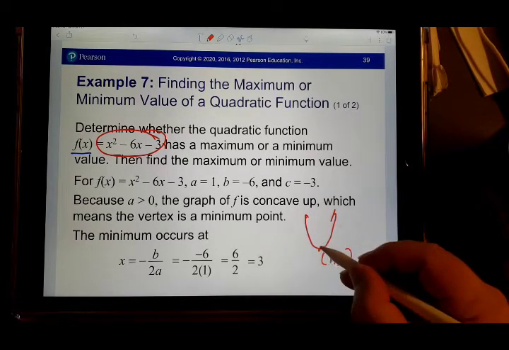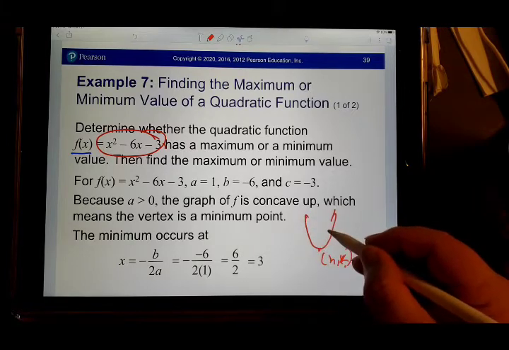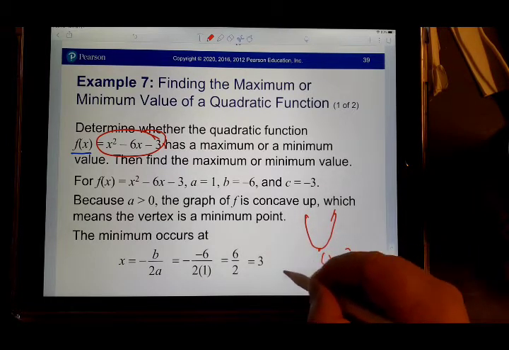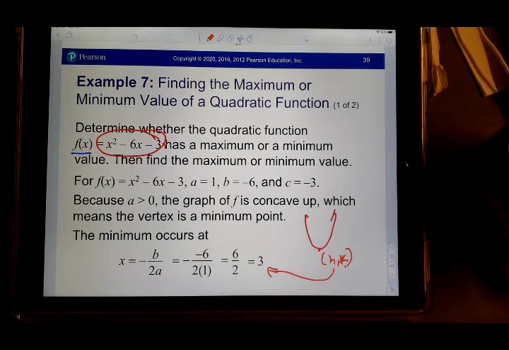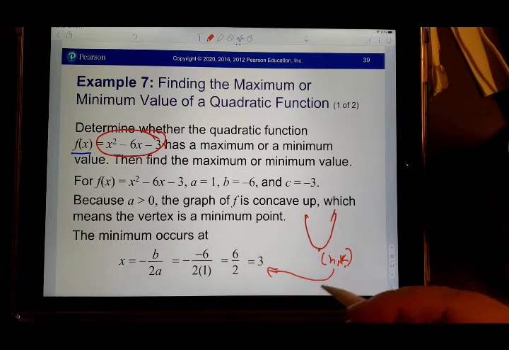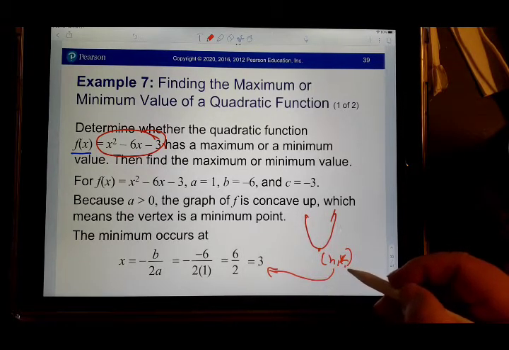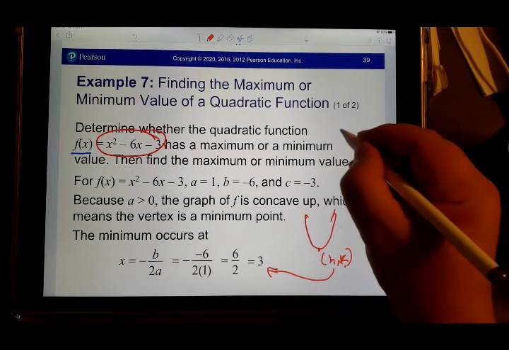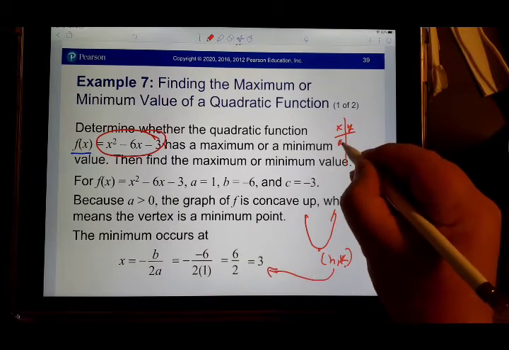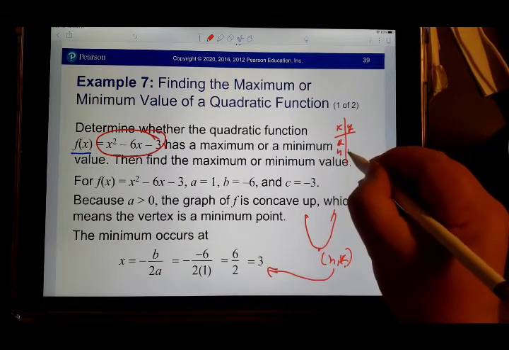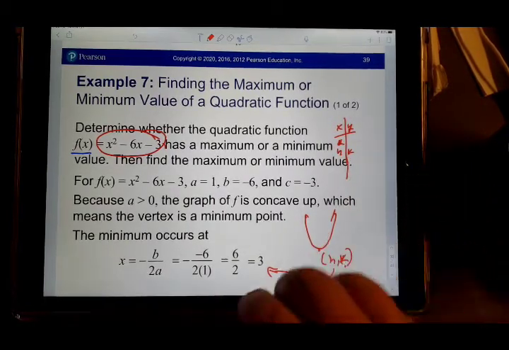And k is the minimum of the graph. What's h? H doesn't really have a name. It's not the minimum. I call it the minimizer. H is the point that gives you k in a table. You put in h, you calculate k. So in other words, if I put in